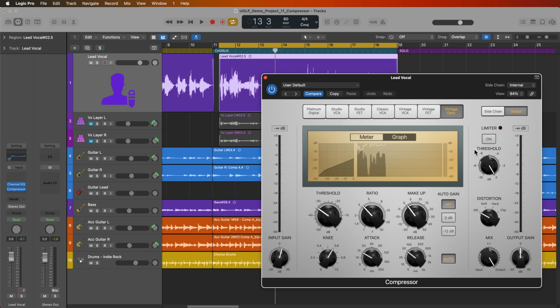Now, this same concept can apply to other instruments, but when it comes to more percussive instruments like drums, the goal might be to make the dynamics more punchy, maybe making the kick or snare drum transients cut through the mix a bit better. So compression is not always used in the same way on every instrument, and compression is certainly not a requirement for all instruments in a mix, but I almost always find myself adding some amount of compression to vocals, bass guitar, acoustic instruments, and drums, which are the instruments that I'm going to apply compression to